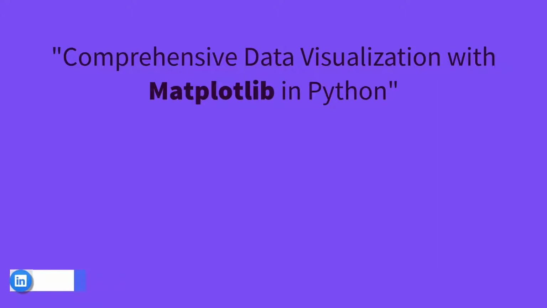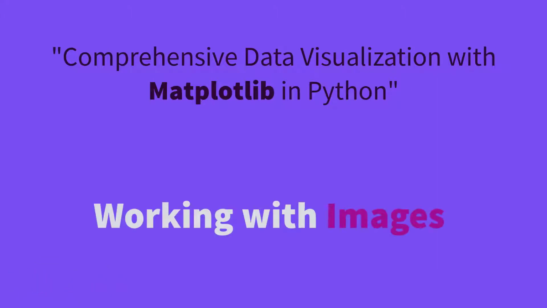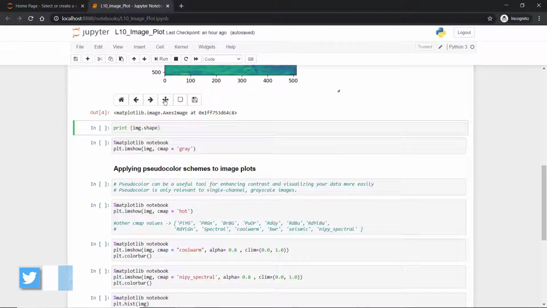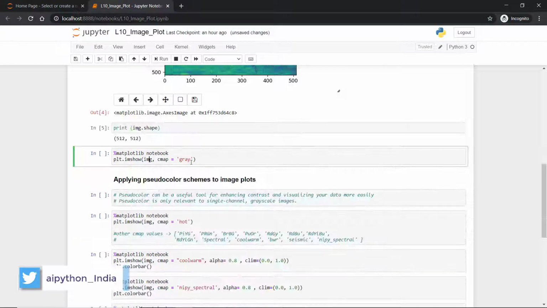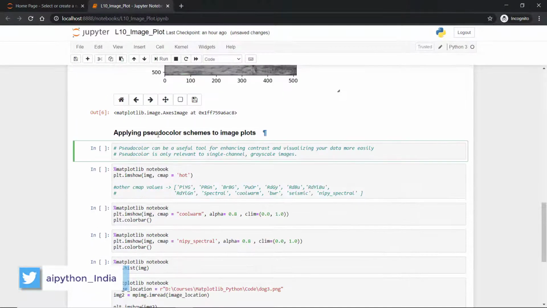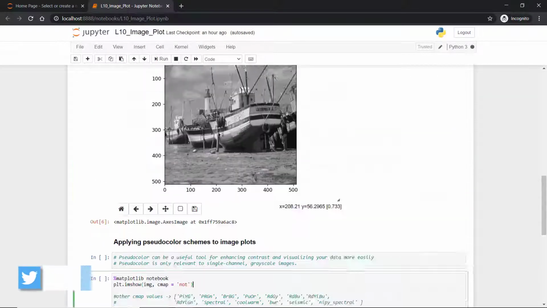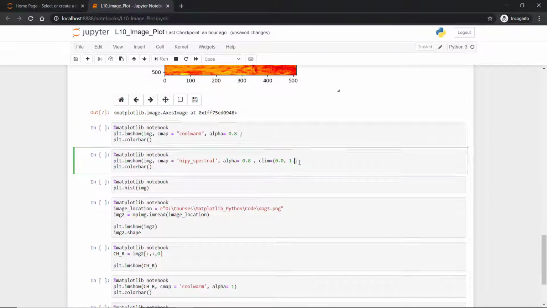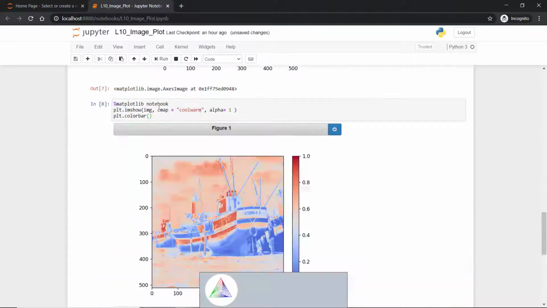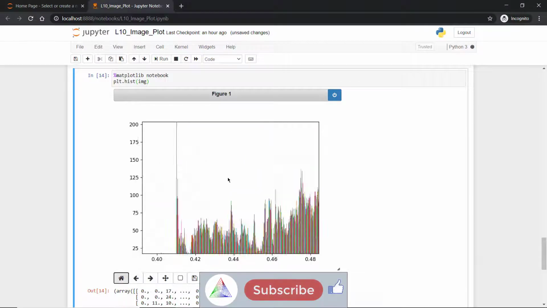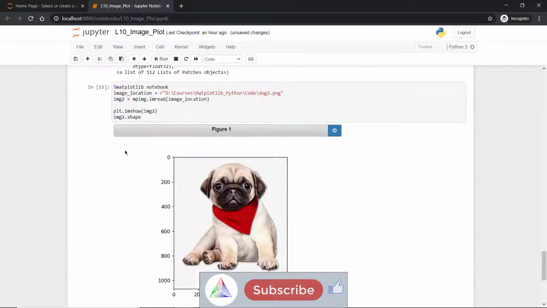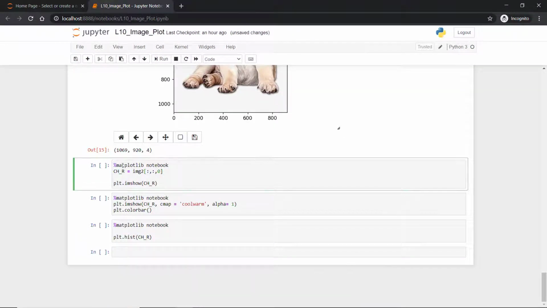Finally, you will learn to work with images. You will learn to load and visualize a PNG file, work with grayscale images as well as extract one individual channel of the image, and apply various pseudocoloring schemes on the individual channel. However, functionality related to image manipulation is very limited, so we'll be talking less about images. At the end, you will also learn to save your work, mainly plots, into images or PDF format.